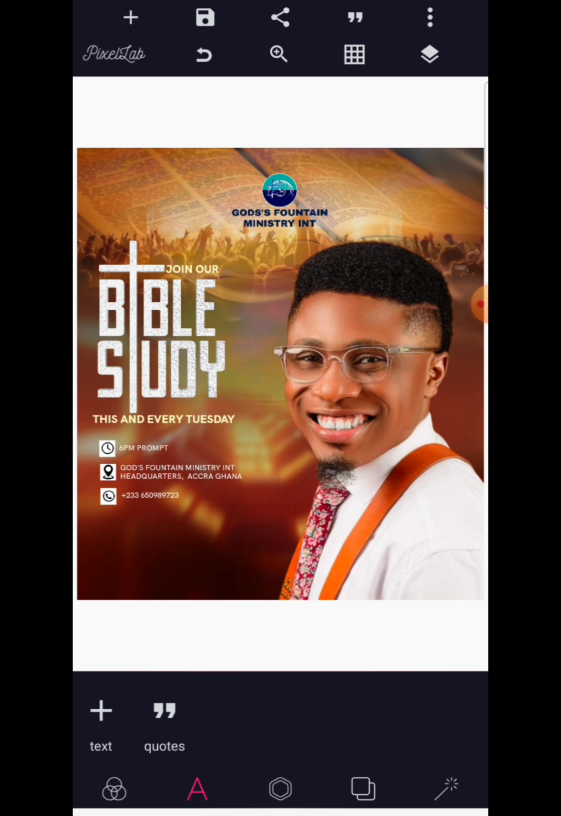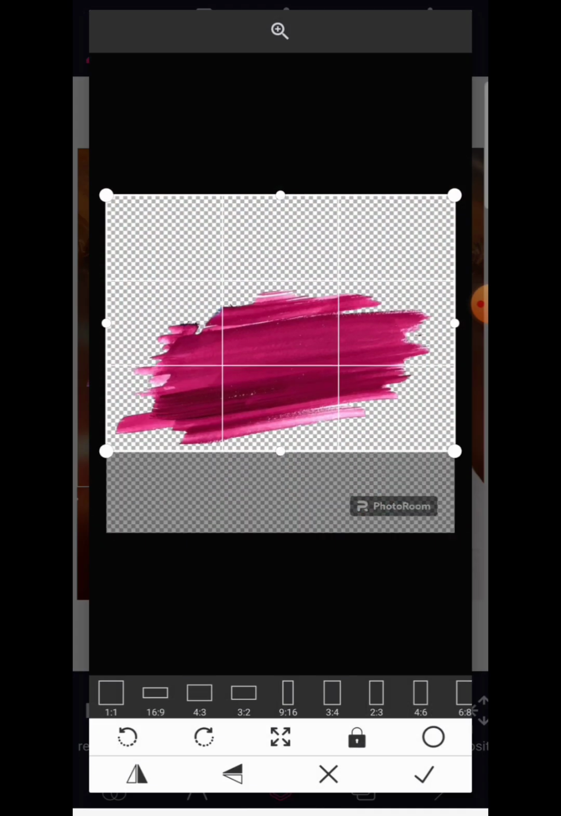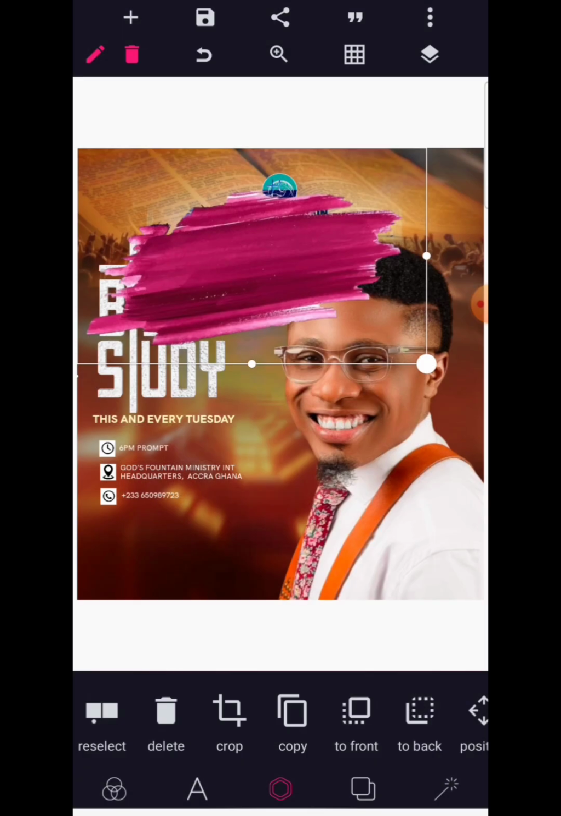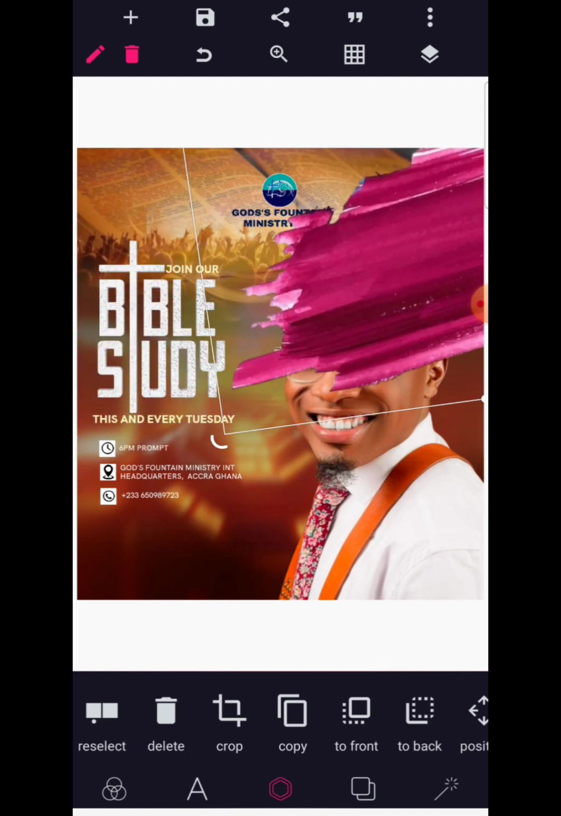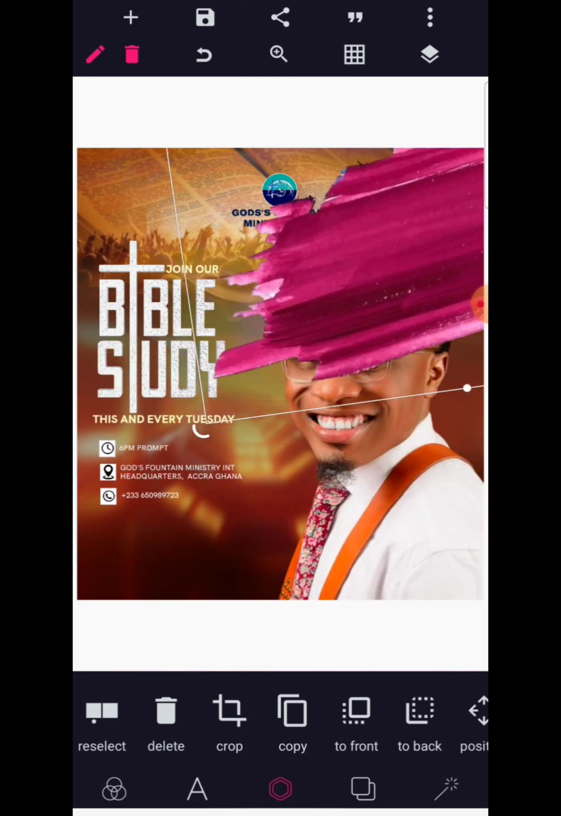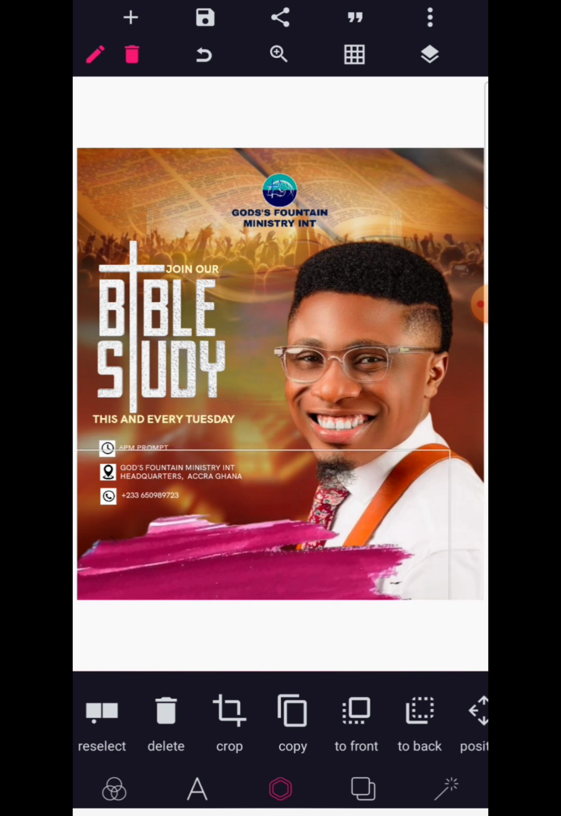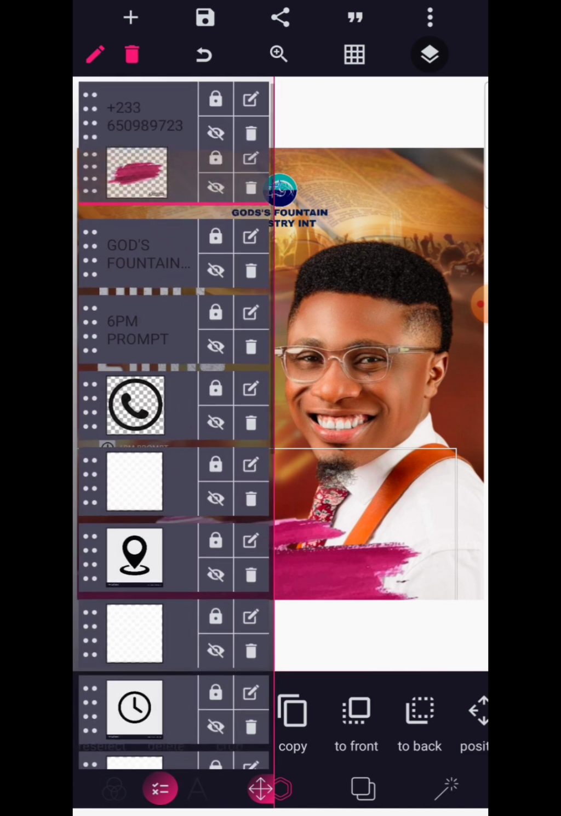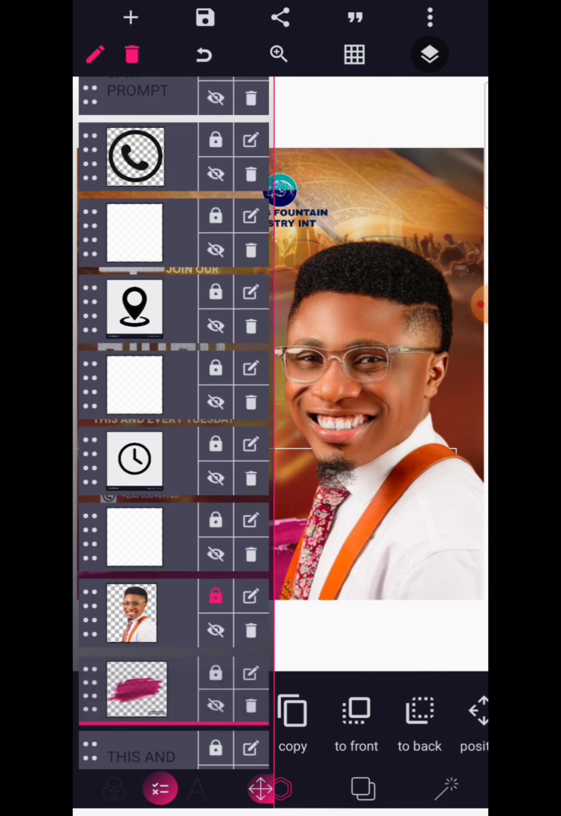So I have all of these details now, and the next thing that I'm going to do is to bring in a shape. Okay, so I have this awesome shape here, and what I'm going to do is to size this up and rotate it a bit to make it slanted, and then go to your layer and push it to the back of the man of God. So you fall behind the apostle,